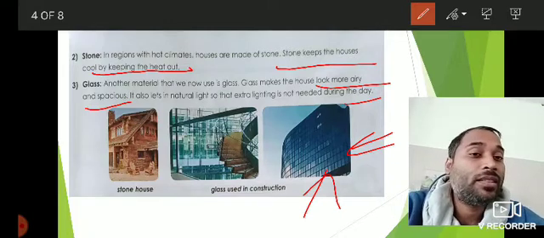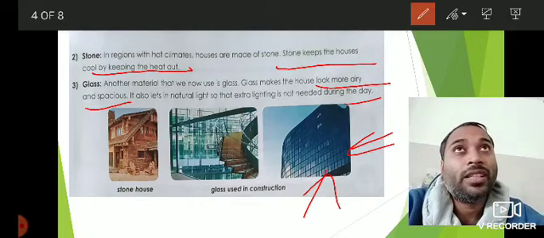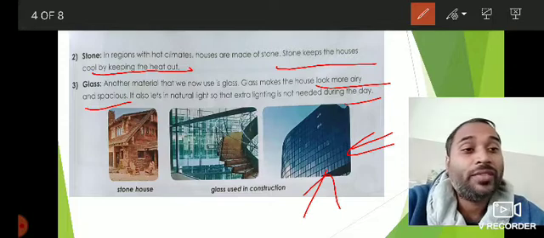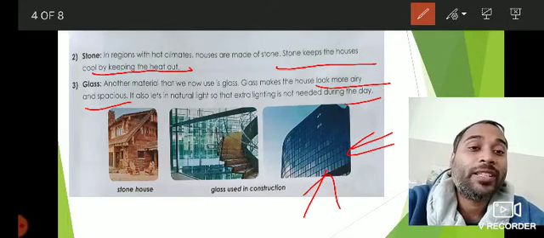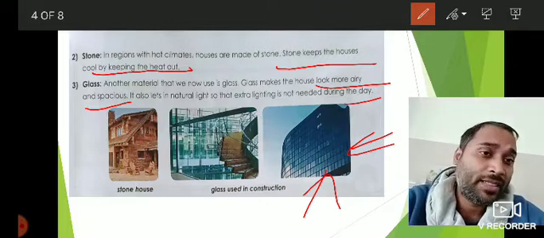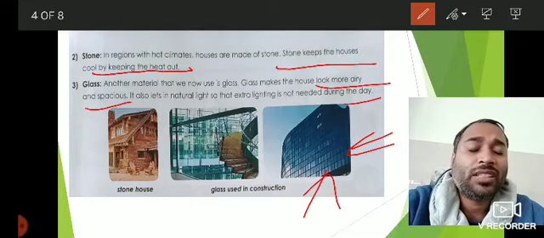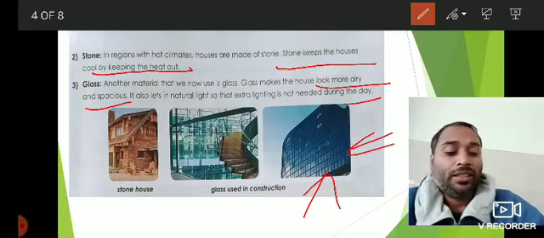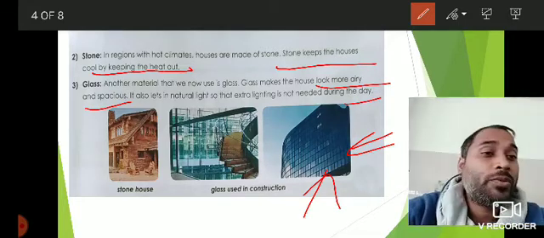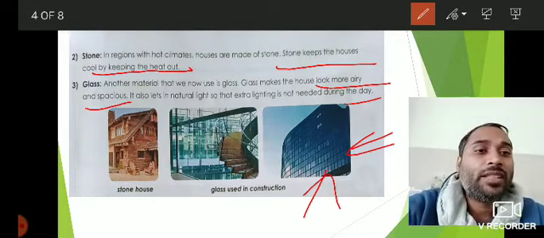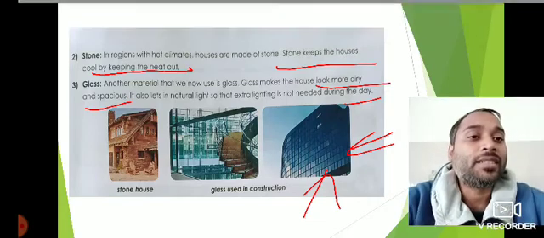So this is really advantageous, because if we waste electricity during daytime also, it will not be good, because we need to conserve electricity. And if you are using more glass in the window panes or ventilators, then this allows light to come inside the house. It allows the natural light to come inside the house, and so we don't have to switch to artificial lights. So this is again an advantage of using glass.